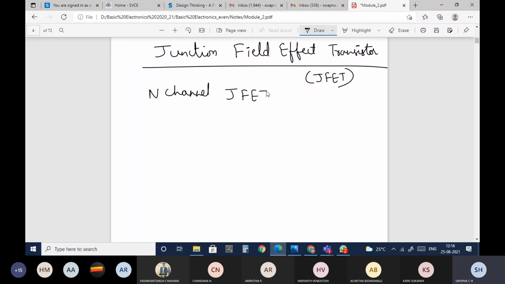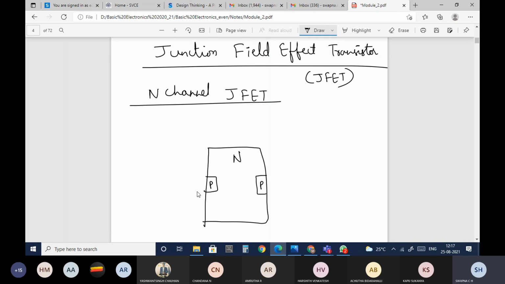First we'll see the N-channel JFET. In the N-channel JFET, first I'll draw the structure. As the name is N-channel, the major contribution in the JFET will be the N-type material. So this is the N-type material, and on both the sides of this N-type material, the P-type material is taken, like this.